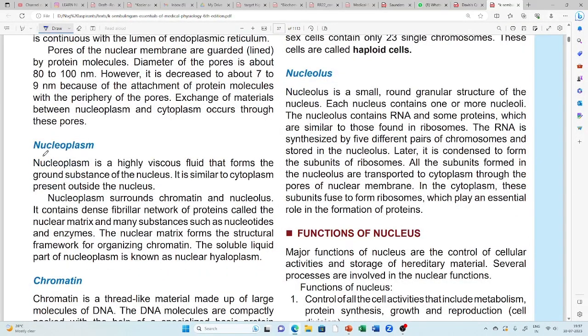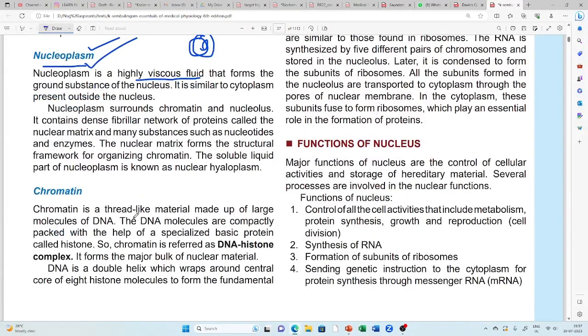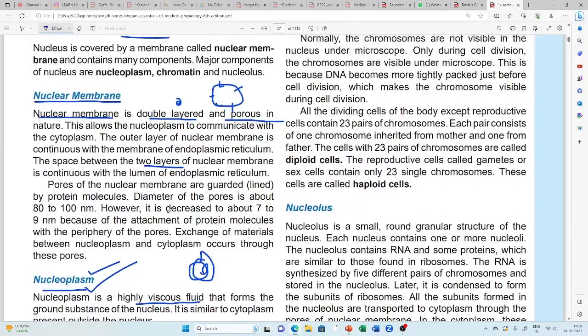Inside the nuclear membrane, the nucleus is filled with a highly viscous fluid called nucleoplasm. In the nucleoplasm you can see genetic material, that is our DNA. DNA is found inside the nucleus, and the genetic material commonly known as nucleolus, that thread-like structure is called